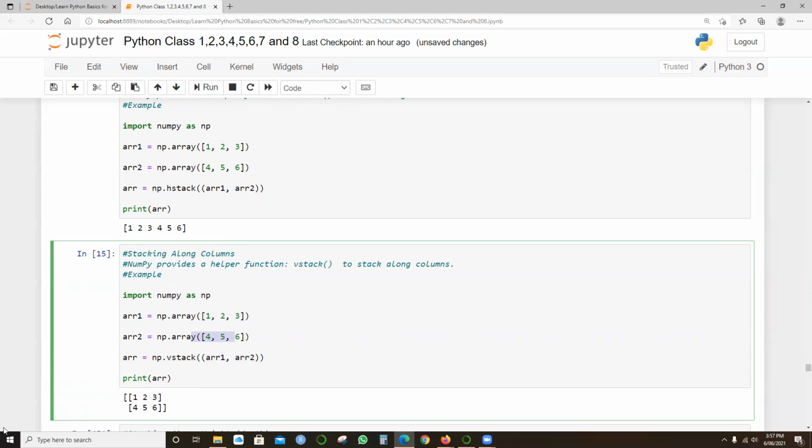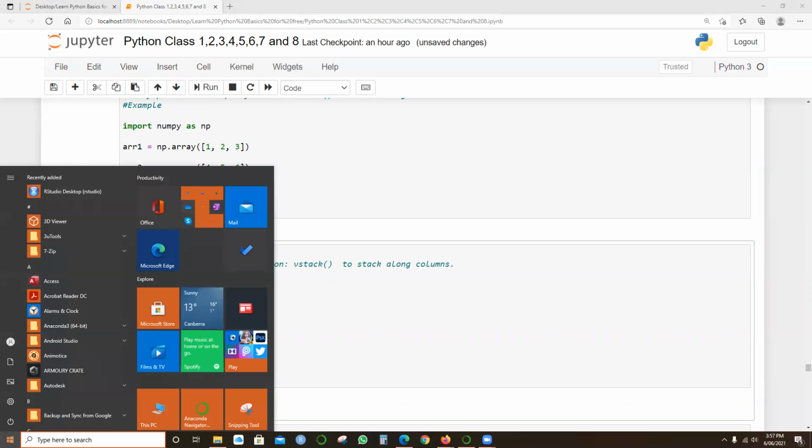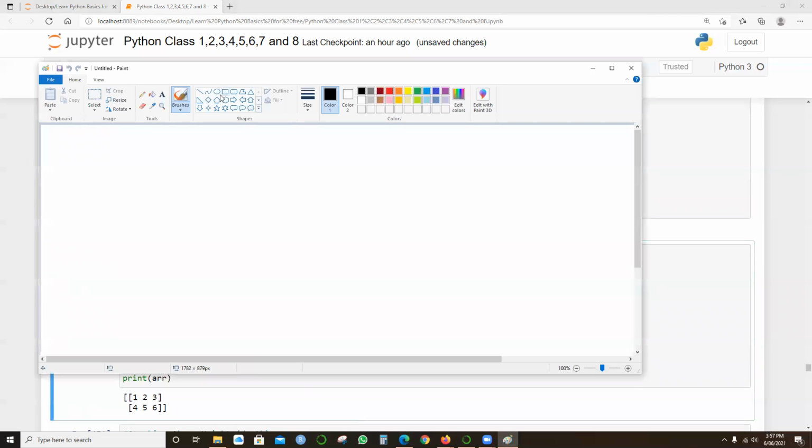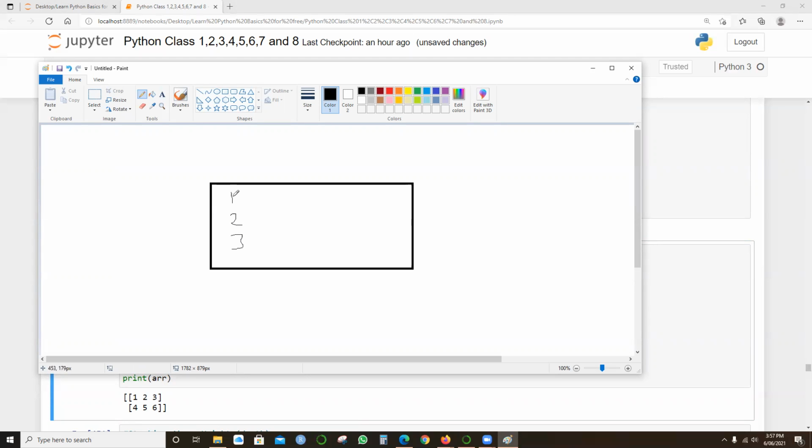You might know this in simple terms from Excel, or if I say Paint, let me bring this. Okay, if I draw a box here and put 1, 2 and 3, this is something like one single column, right? One single column with 3 rows, 1, 2, 3.